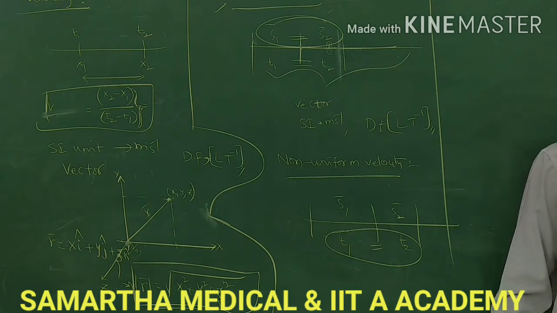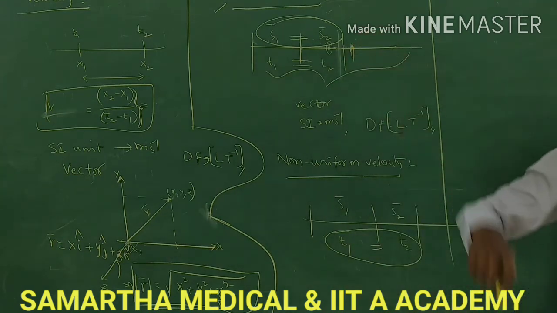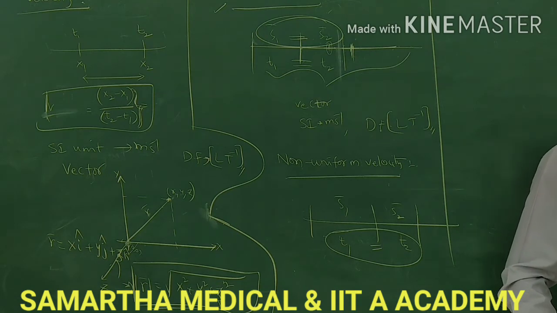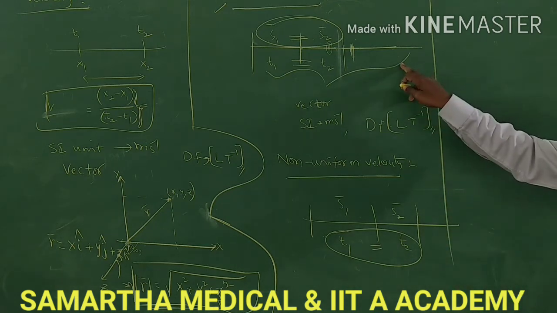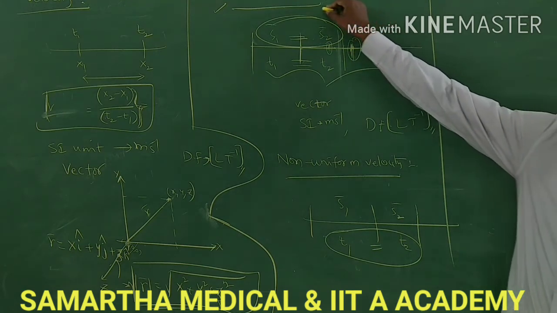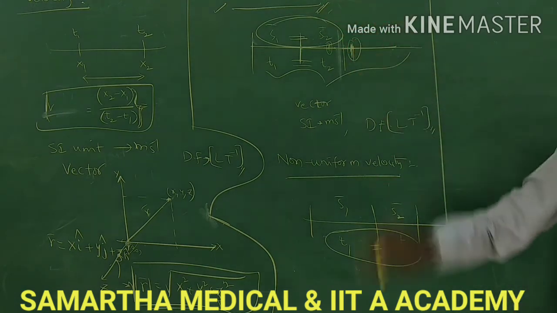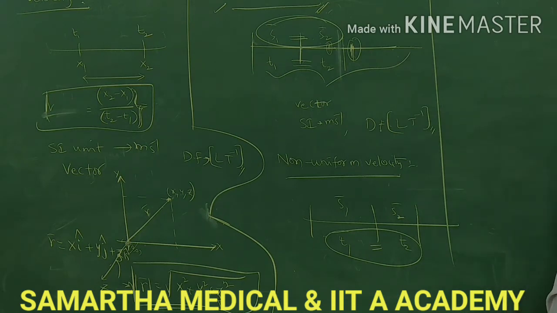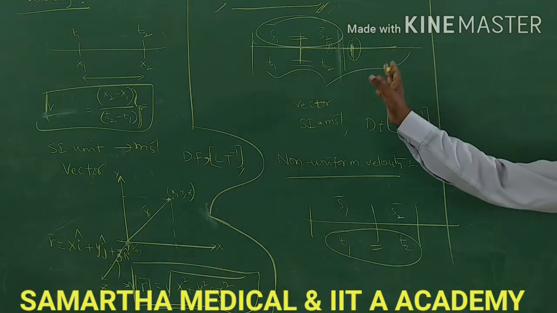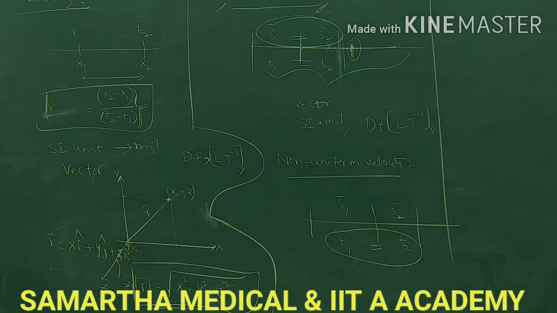Next, the velocity you take at any particular instant is what you call instantaneous velocity. So the instantaneous velocity will also be equal to the uniform velocity or average velocity for a complete uniform velocity case. If a body is moving along a straight line with uniform velocity, then uniform velocity, average velocity and instantaneous velocity are all the same.